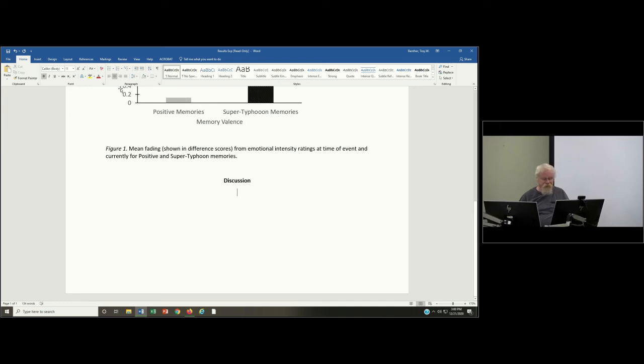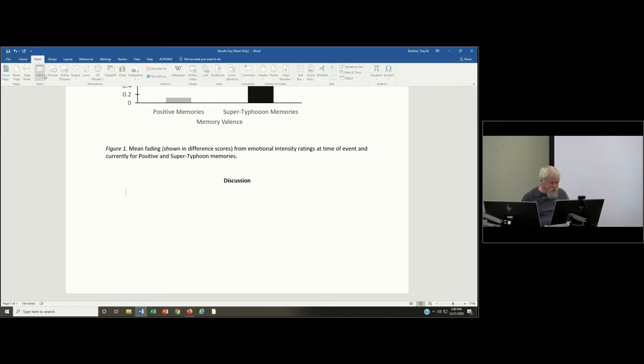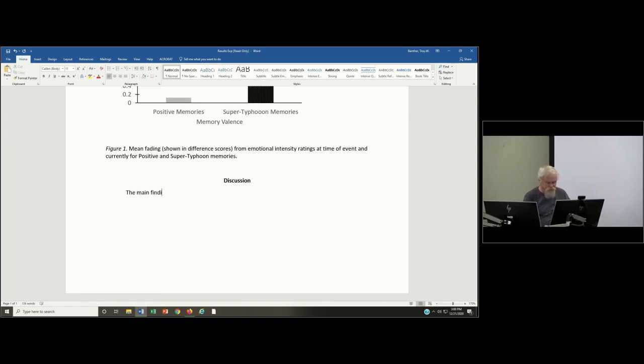Now again, the main findings in this experiment were that emotional intensity associated with an extreme negative event, such as a typhoon, a super typhoon,